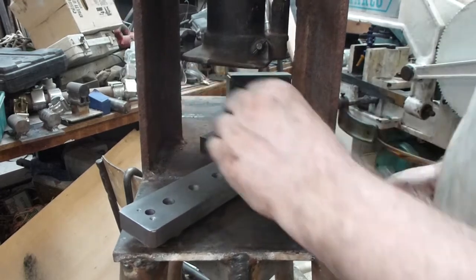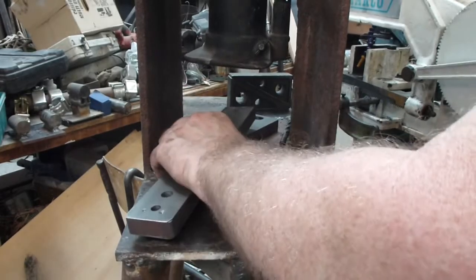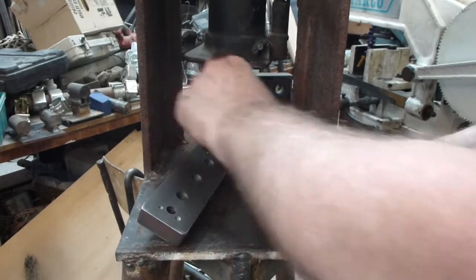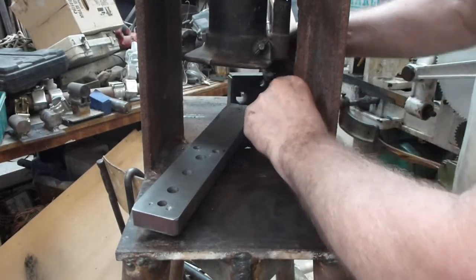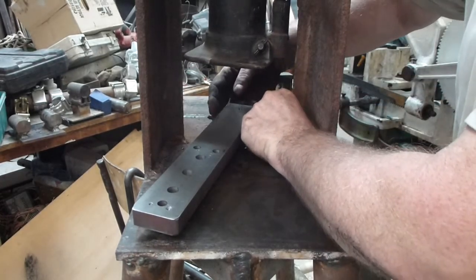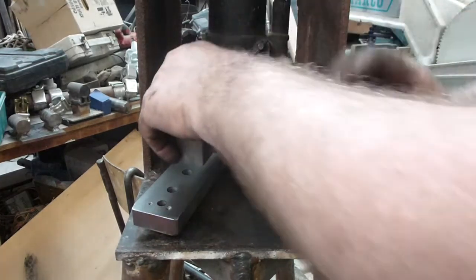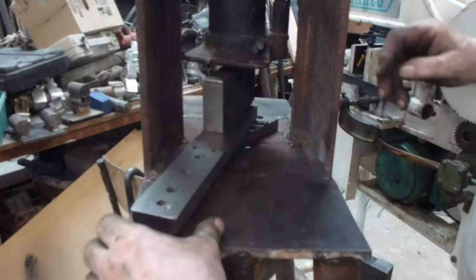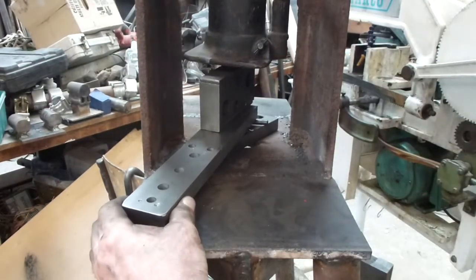I never found the right sort of springs for this. It doesn't really matter. You can always push it back up by hand, but you have to push it back up by hand. Okay, so we've got the drill bits back in place and enough room to slide the spacer in. Let's just